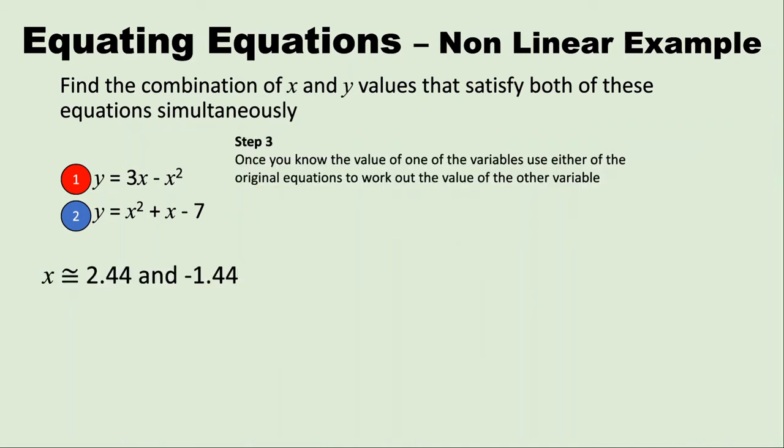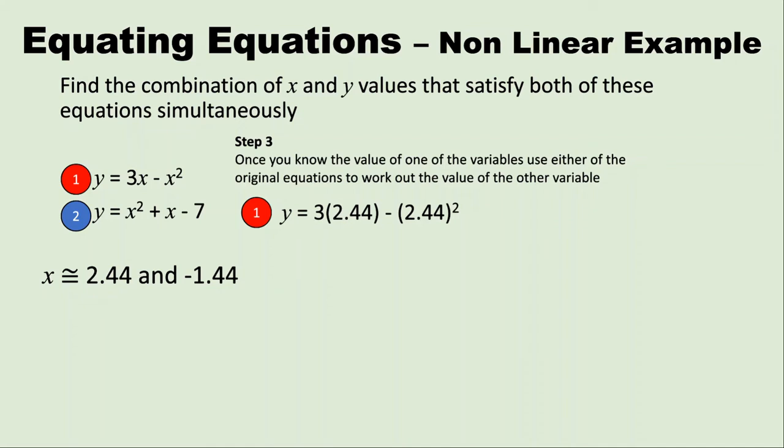Step 3, once you know the value of one of the variables, use either of the original equations to work out the value of the other variable. Now I'm looking at my two equations, and they're both quadratics, but I think you'll agree with me that equation 1, since it's only got 2 terms, might be a bit simpler than equation 2. So I've substituted my first value for x, 2.44,